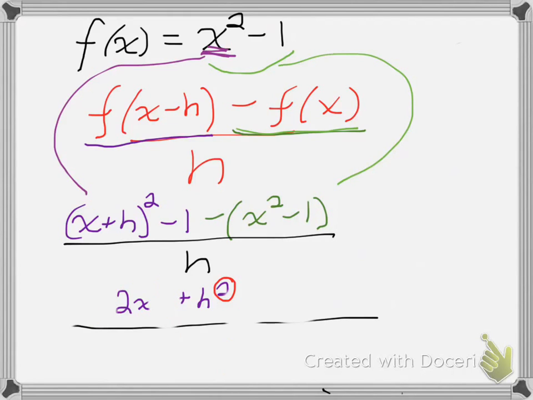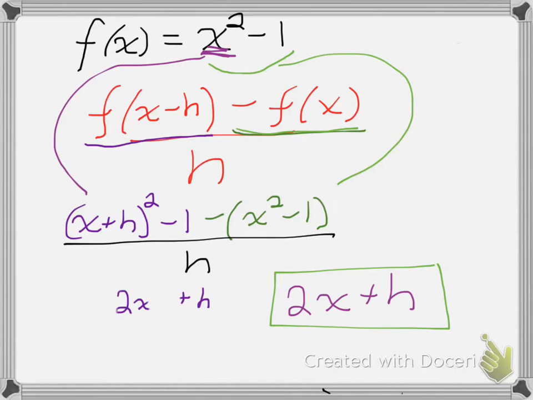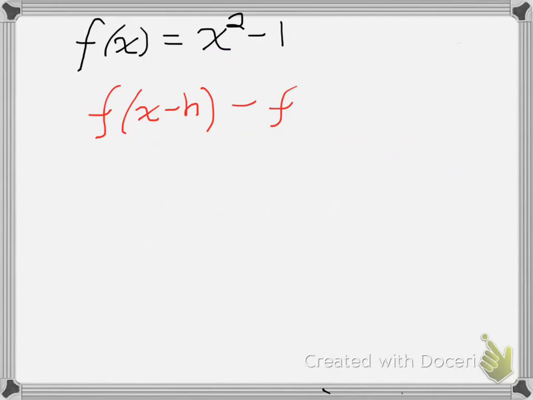And then we can move on to this, which we can just rewrite as 2x plus h. So this is actually the answer to this problem, is that the rate of change between points x and x plus h is 2x plus h. Now, again, this doesn't seem all that important, but once you plug in things for x and h, you'll get really helpful information. So if we want to look back to our graph,